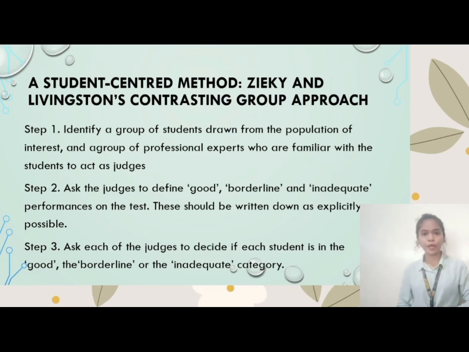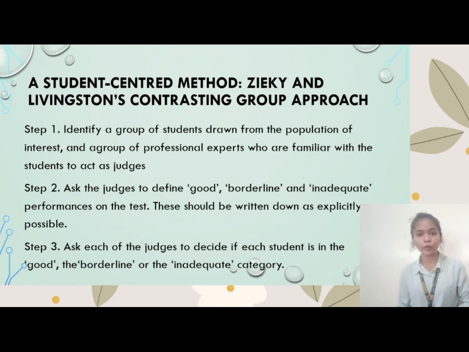Method number 2, a student-centered method. Zieky and Livingston's contrasting groups approach. While our first example required judgments about the test, the second concentrates on making judgments about students, and it contains 6 steps. Step 1. Identify a group of students drawn from the population of interest and a group of professional